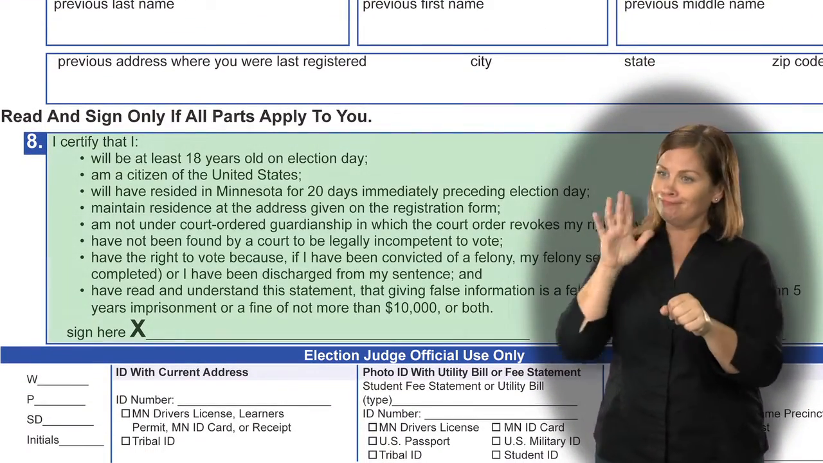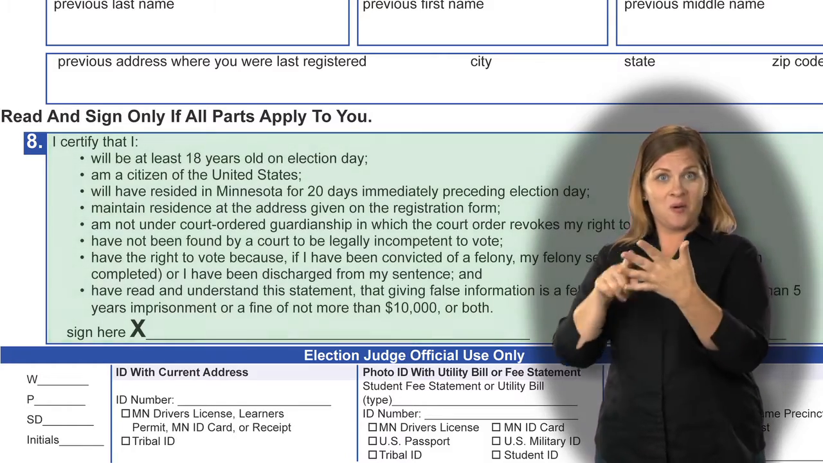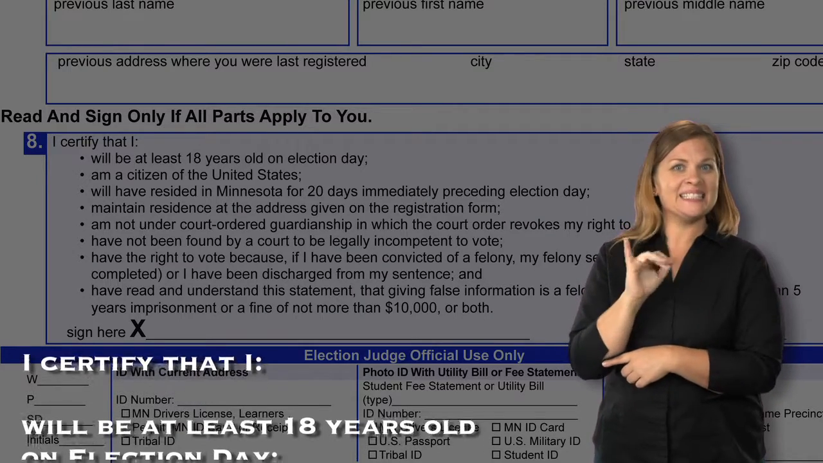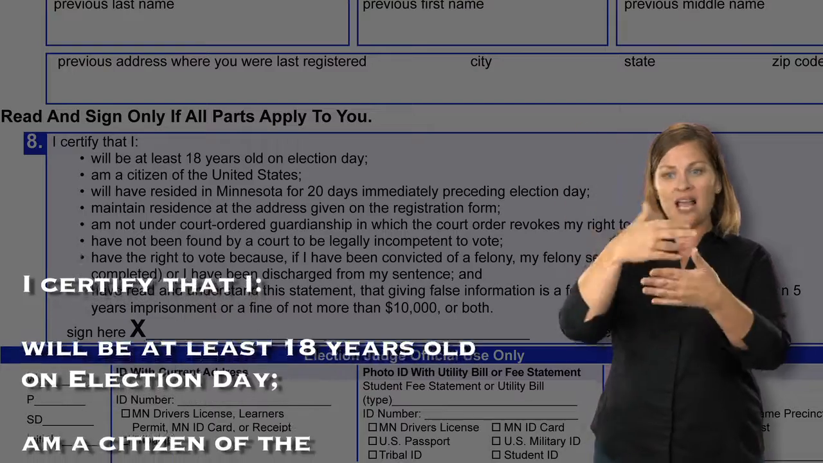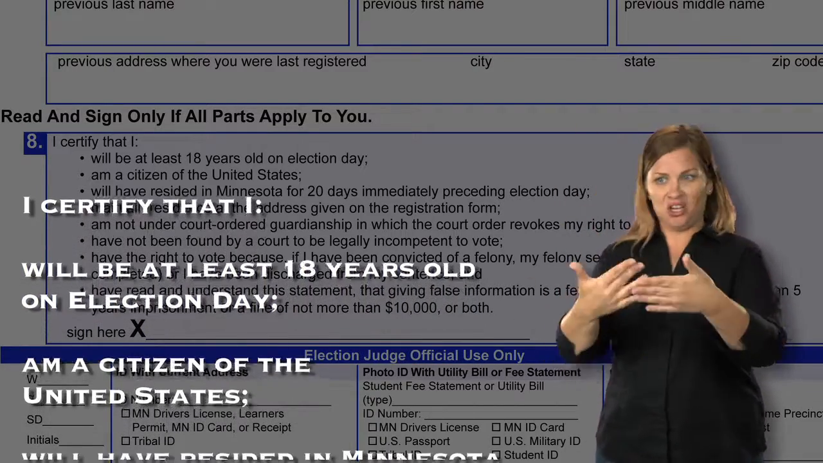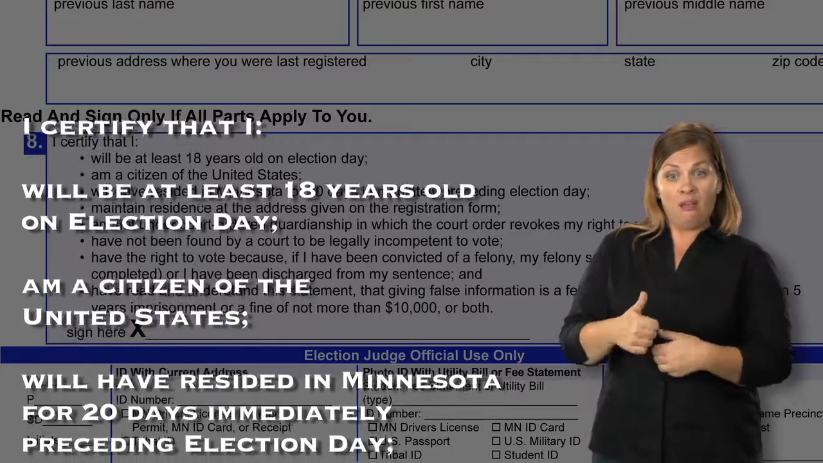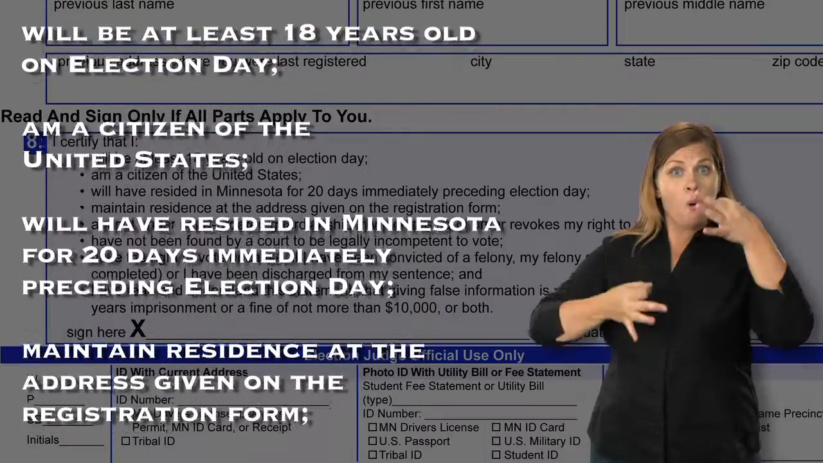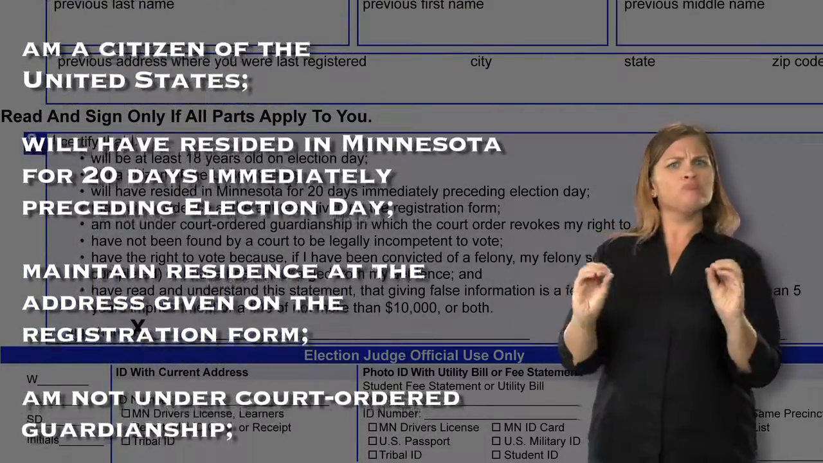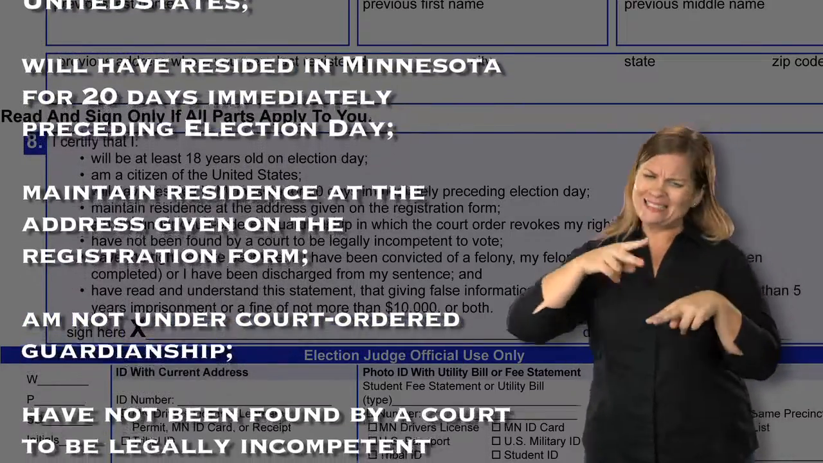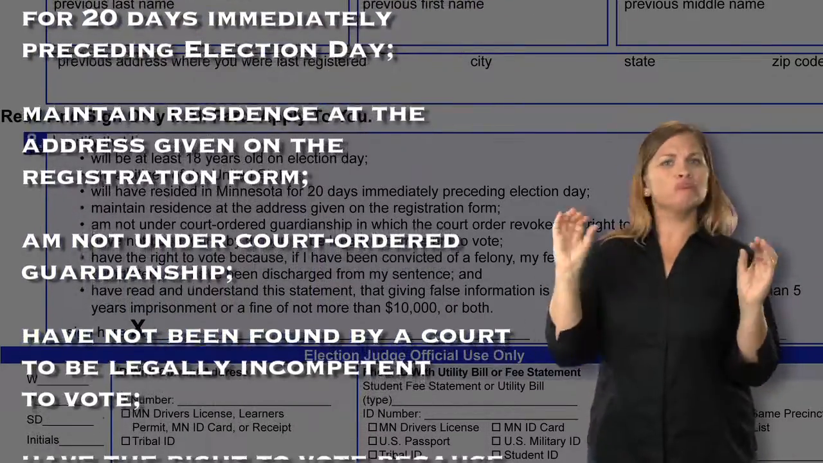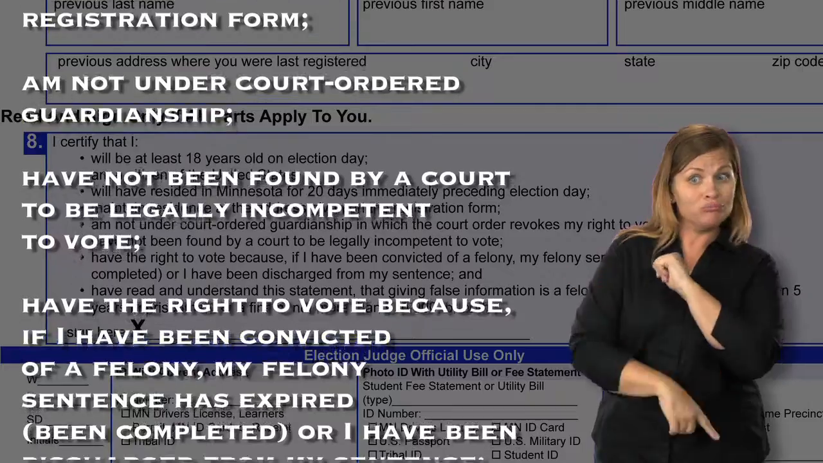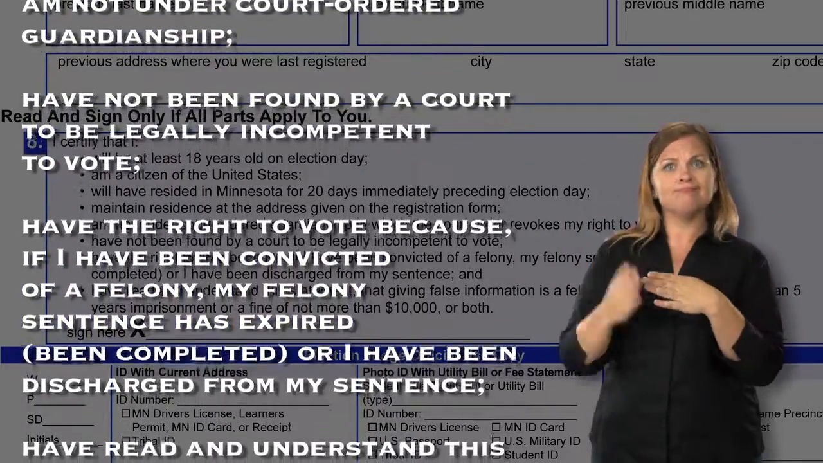The third and final part certifies that you meet all the state's voting eligibility criteria. Be sure to read each statement carefully. It says, "I certify that I will be at least 18 years old on Election Day, am a citizen of the United States, will have resided in Minnesota for 20 days immediately preceding Election Day, maintain residence at the address given on the registration form, am not under court-ordered guardianship in which the court order revokes my right to vote, have not been found by a court to be legally incompetent to vote,